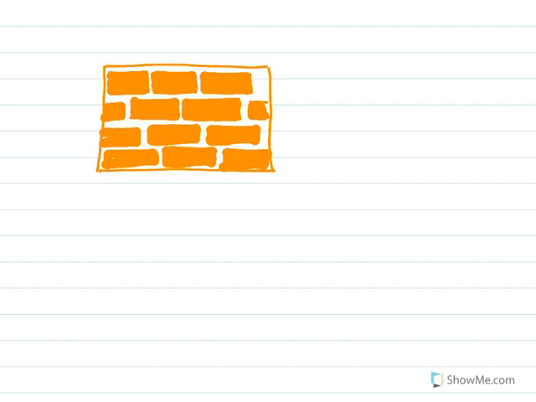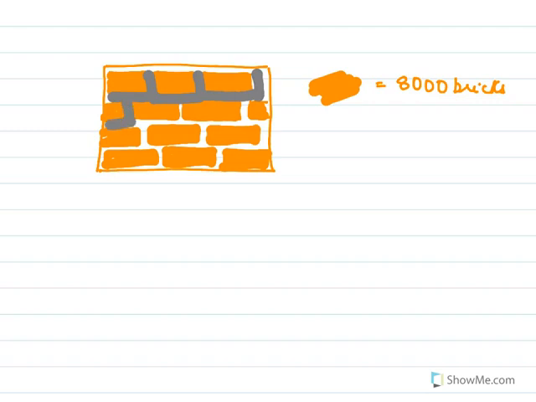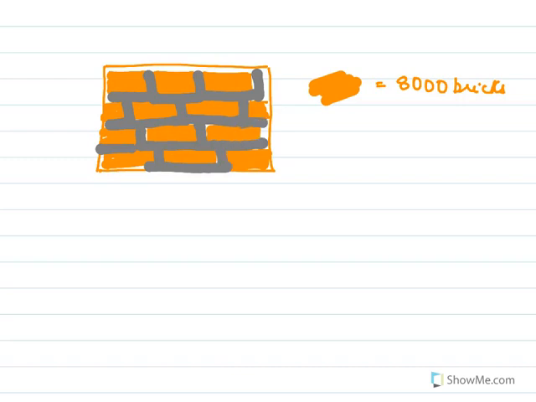So here this was the wall. Now this yellow part was the bricks, and there were 8000 such bricks in this wall. But the total volume of the bricks was not the volume of the wall, because the wall was also in between. There was this mortar, the cement, to cement the bricks up, and hence we had to subtract that, and this mortar was 1/12 of the wall. So in order to find the volume of bricks,